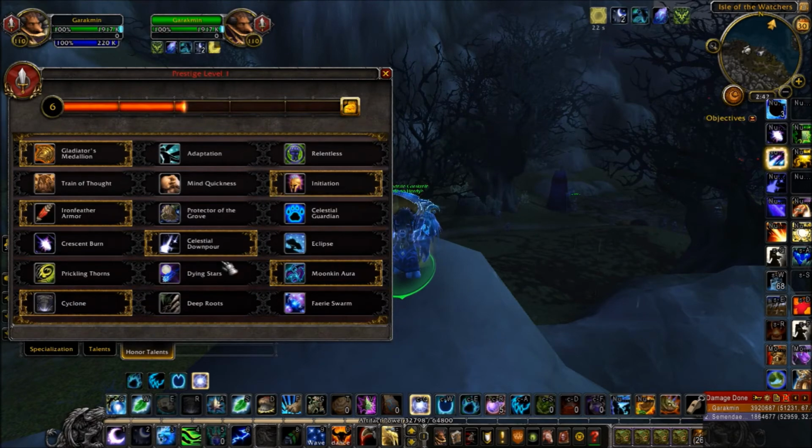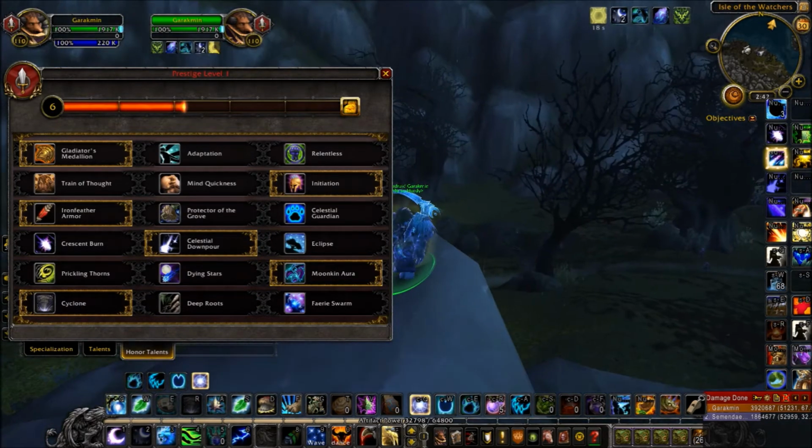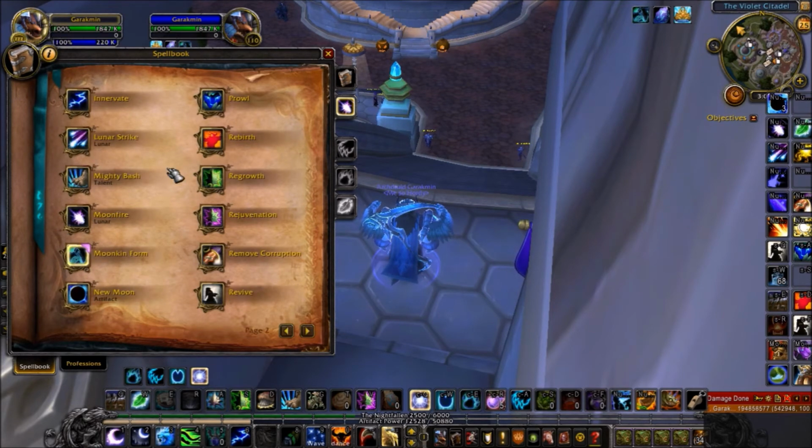This is the talent setup I'm running with, but again, it's all subject to change according to what PvP situation I'm in. Okay, moving on to the spells, nothing much has changed. You still have all your shapeshift forms: cat, bear, stag. You still have your Barkskin, your Healing Touch, your Displacer Beast, which is your talent, and you still have Lunar Strike, Solar Wrath, and now the main difference is you've got Moonfire and Sunfire